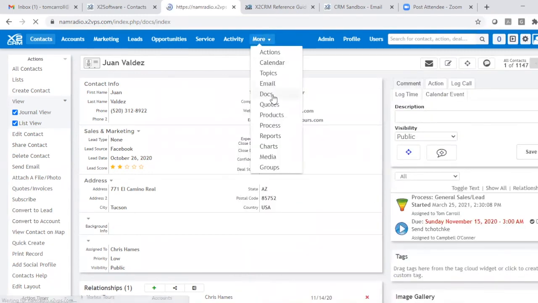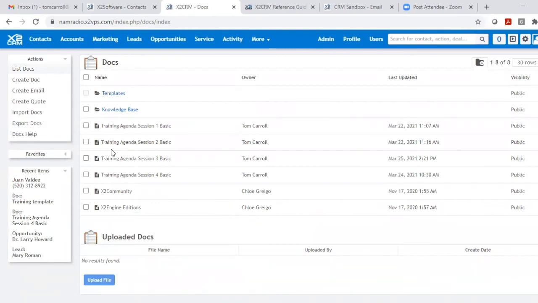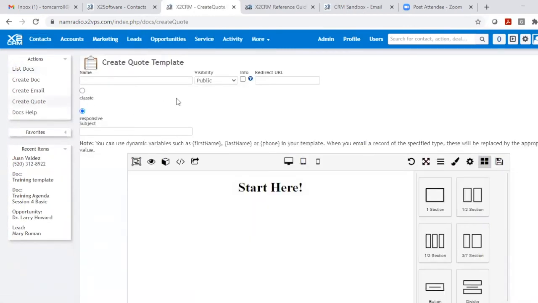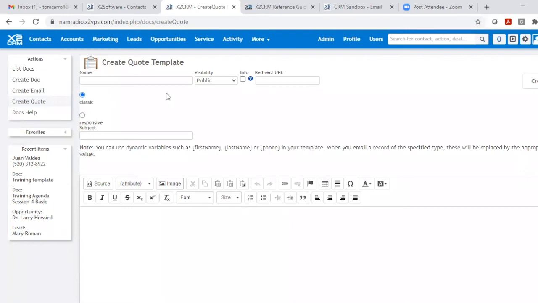Now, in addition to creating email templates, it can also create quote templates. And I'm just going to touch on this a little bit. We'll go into more detail when we go over in a session on quotes. But it's the same editor that we're talking about. The whole idea here, though, is we're going to provide a template by which the quote information that we create is going to be dropped into this template to create a nice looking quote to be sent out to your